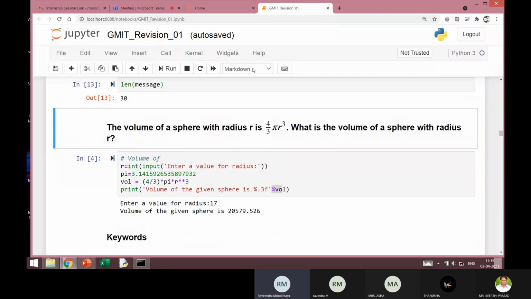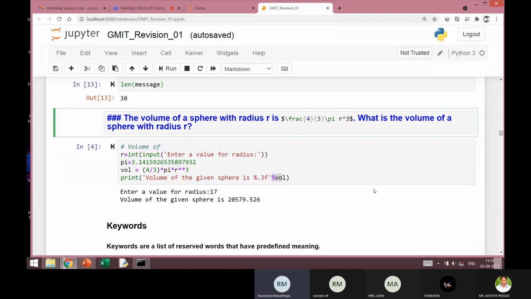Now you can see here, it is a markdown cell, and the characters typed in here are not like this. In fact, I just go to the edit mode. So this is what I have typed. The reason you have to write a formula in this markdown cell is to follow the LaTeX syntax. Well, this is not mandatory. You can just skip this, and you can simply write this formula in a different manner you want. But I just wanted to mention this.